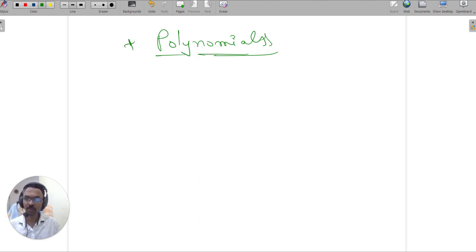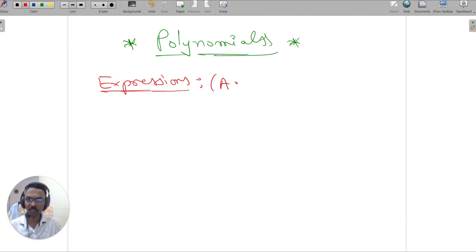Before going to polynomials, first of all we have to know what a polynomial is, what is the base of the polynomial. Actually, the base of the polynomial comes from expressions. We have to know about expressions. What is an expression? Generally we call it an algebraic expression. Expression is nothing but